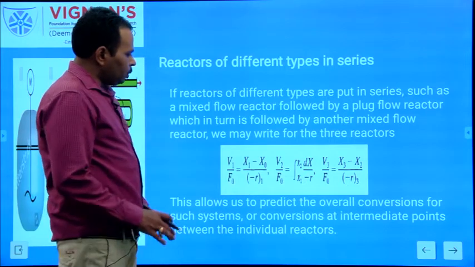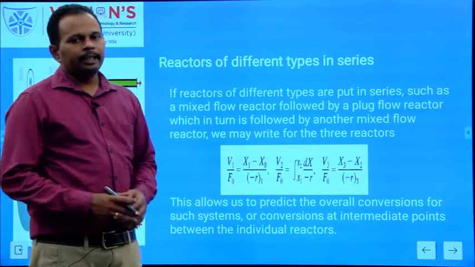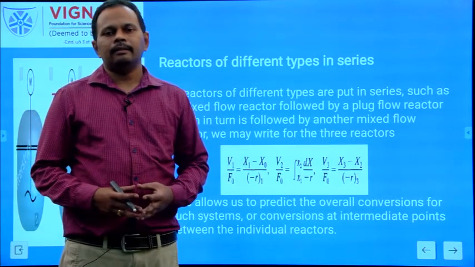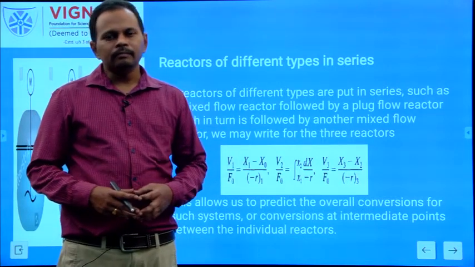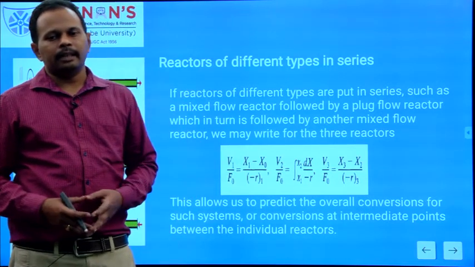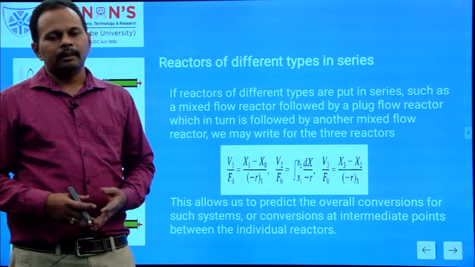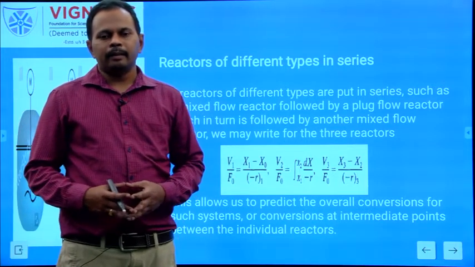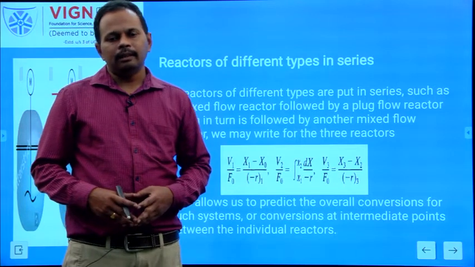Okay, here so far we had seen different types of reactors, that is steady state reactors and unsteady state reactors. In steady state reactors, the concentration does not vary with respect to time. In unsteady state reactor, concentration varies with respect to time. The best example for unsteady state reactor is batch reactor. The best example for steady state reactors are PFRs and MFR.